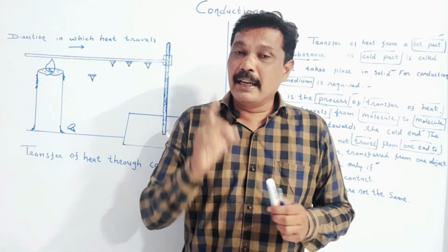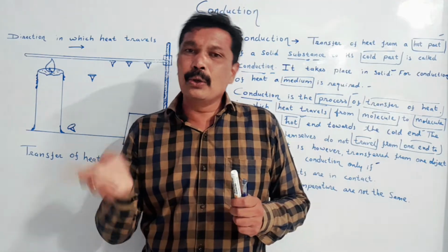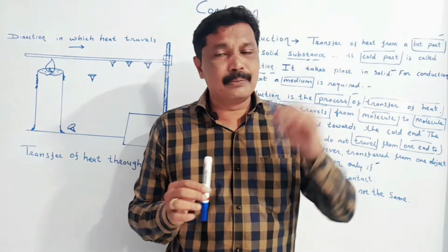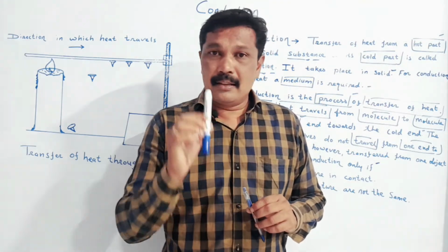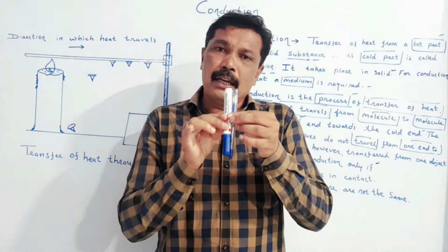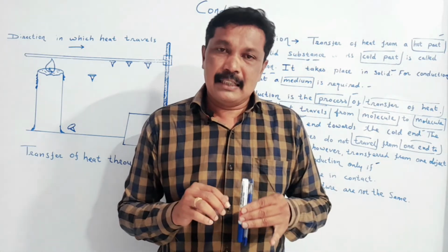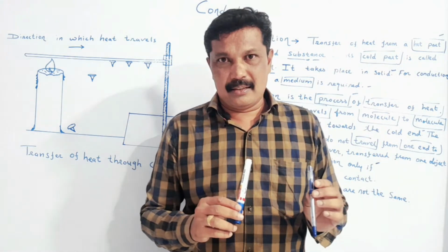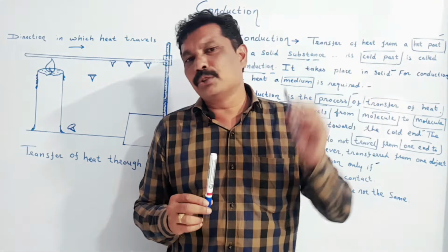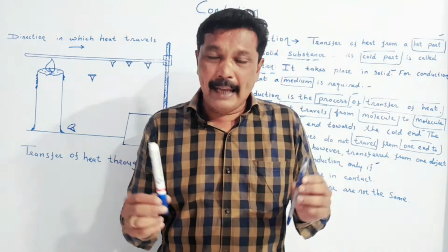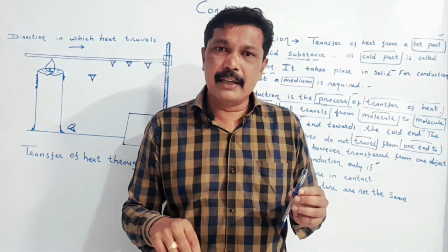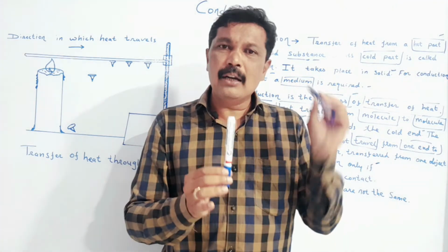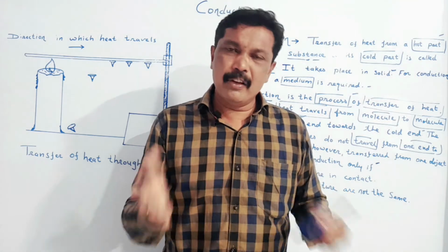We have seen that heat always flows from a hot object to a cold object. Now if we want the heat to flow from one object to another object by a process called conduction, then both the objects should be kept in contact with each other. Secondly, both the objects should have different temperatures. One object should be hot and another object should be cold. Then there will be flow of heat by a process called conduction from the hot object towards the cold object. Thank you very much, student.